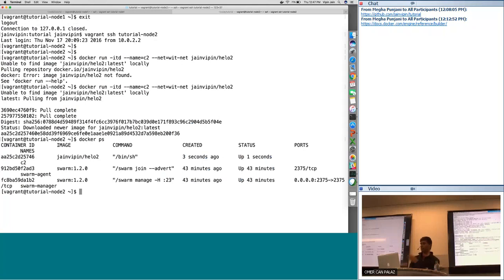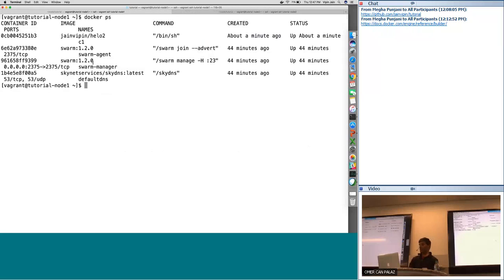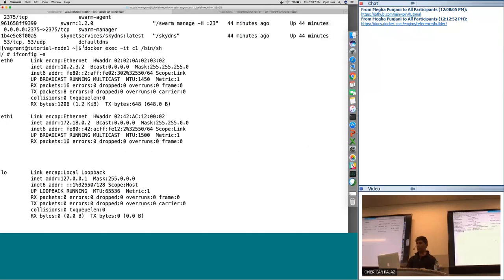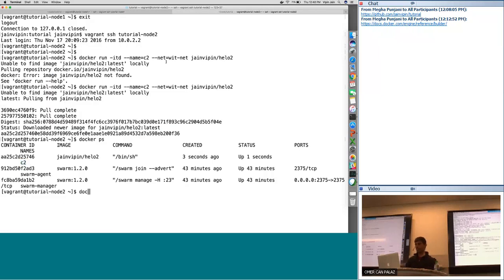So we see the container on this node. There is container C2 running. On the first node, I have C1 running. We'll go back and exec into the container like we did before, except this time, this container is given an IP address from the 10.2.3 subnet, which we allocated it to. And I'll talk about where this subnet is coming from. This is the network that it belongs to, what we assigned this container to belong to. Same thing if you try to do it here, C2.